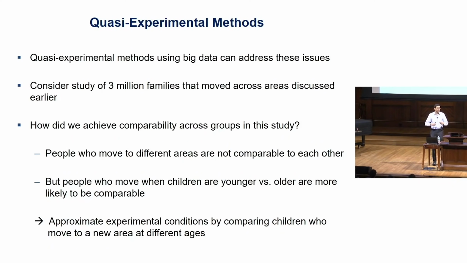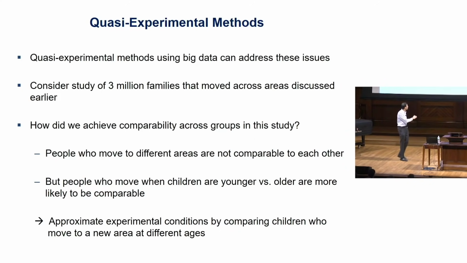Now, if we just look at people who choose to move to different places, they're not going to be comparable to each other. If I take a set of people in Harlem in New York, and I compare the people who chose to move to the Bronx versus the people who chose to move to some other place, they may be comparable, they may not. Odds are they're probably different types of people who are moving to different places. So that would probably not be a very good approach to identifying the causal effect of growing up in different areas. However, the idea that we use in that quasi-experimental paper is that people